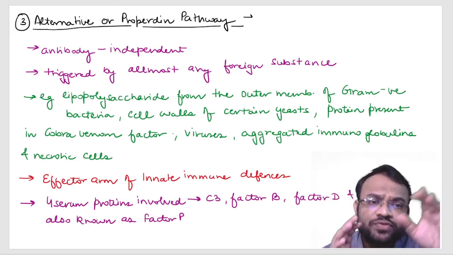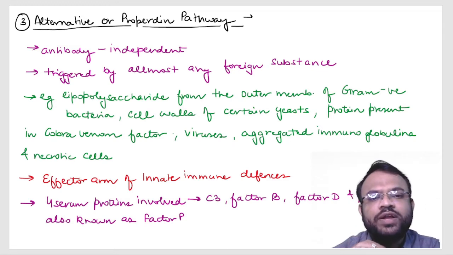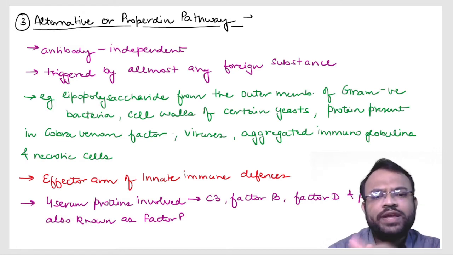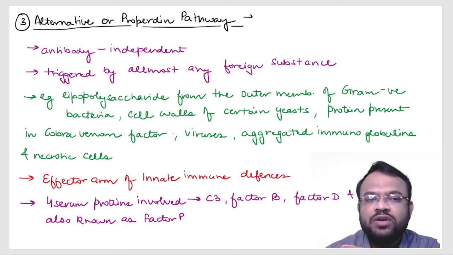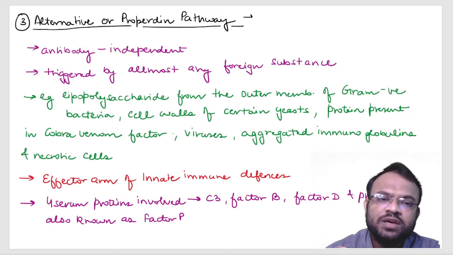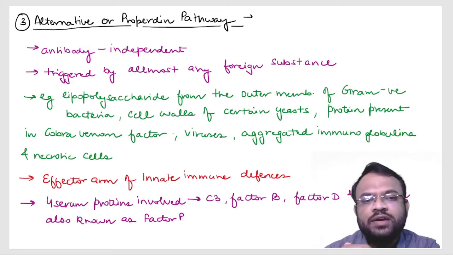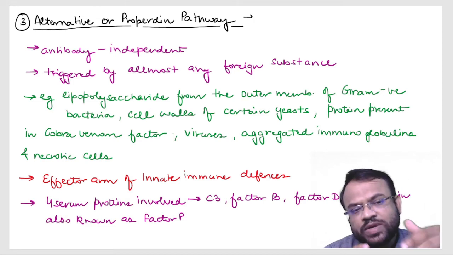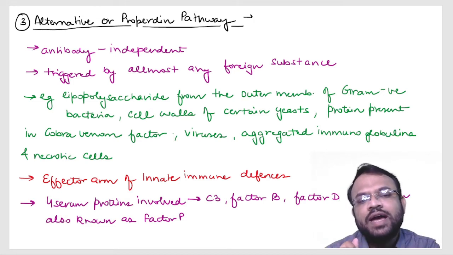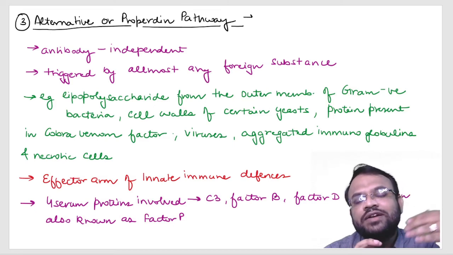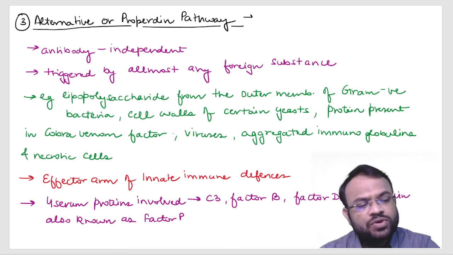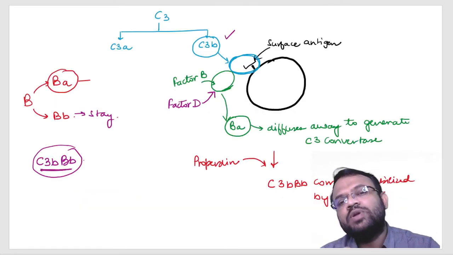So what did we say? There are four serum proteins involved over here: C3, factor B, factor D and properdin. I have already told you about C1 and C2. Over here C3 is also one of the complement proteins. In the first slide I told you that there are different naming systems. C1, C2, C3 is one naming system and the other naming system uses factor B, factor D, which is about the alphabets. Okay, so now coming to the next slide, in which we talk about how the complement system gets